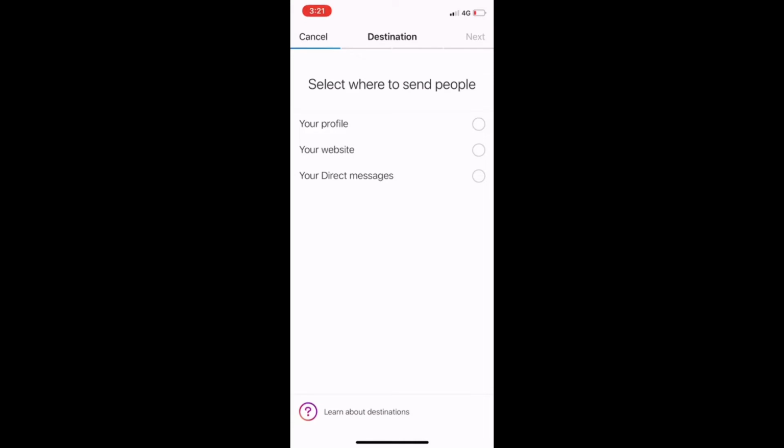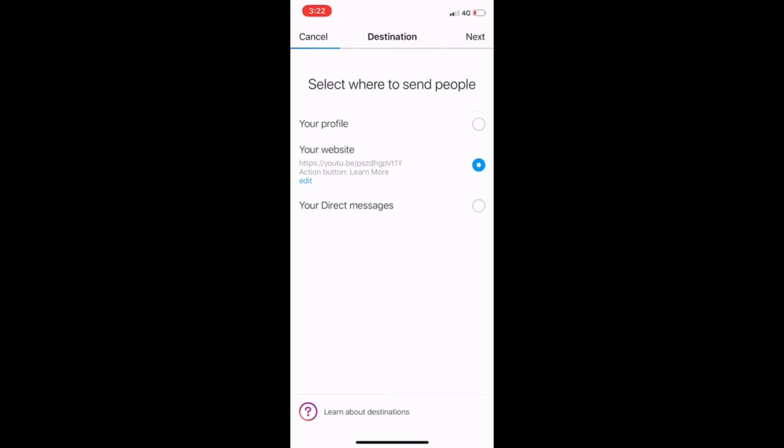And see, you can see three options: your profile, your website, your direct messages. When you click your profile, the entire traffic will be driven to your Instagram page. If you click your website, you can give your website's link, or suppose my YouTube link is visible here.